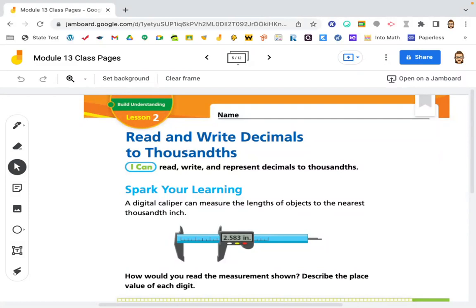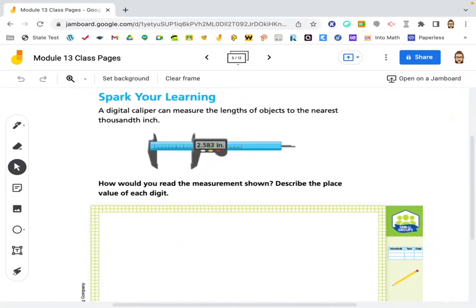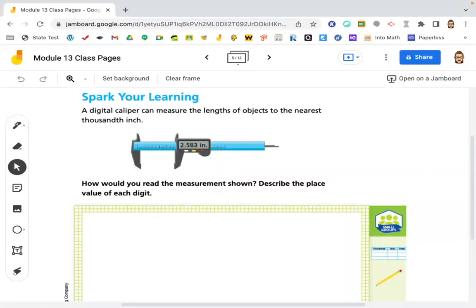Spark your learning. We have a digital caliper that can measure the lengths of objects to the nearest thousandth inch. How would you read the measurement shown and describe the place value of each digit? Well,